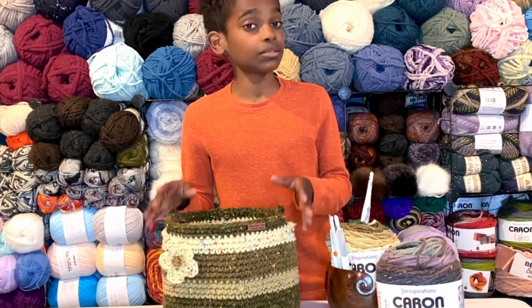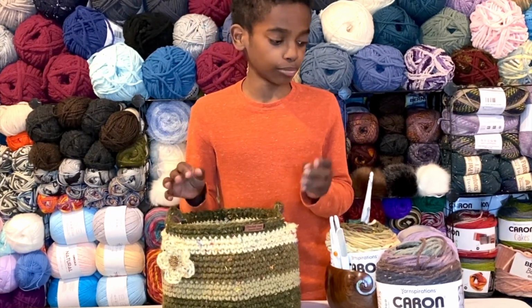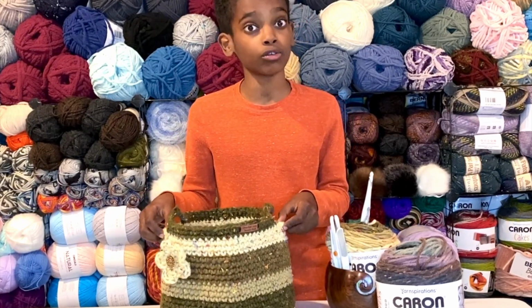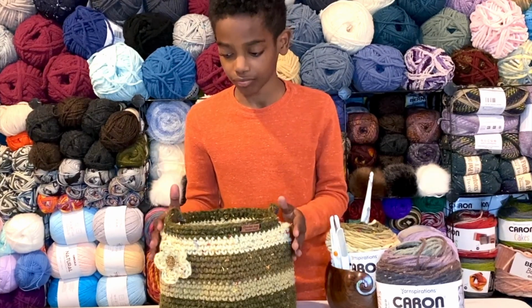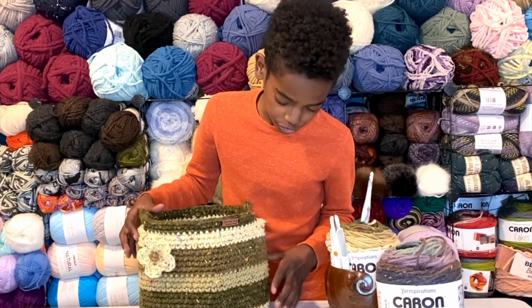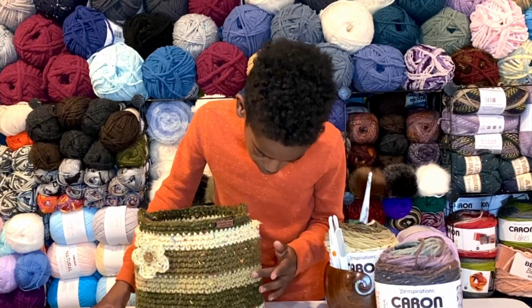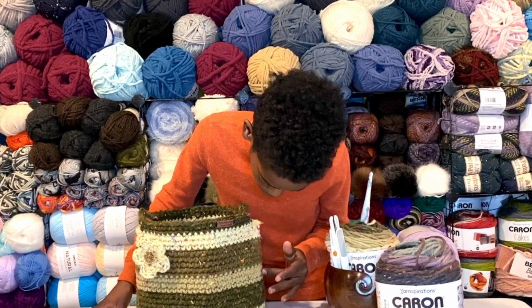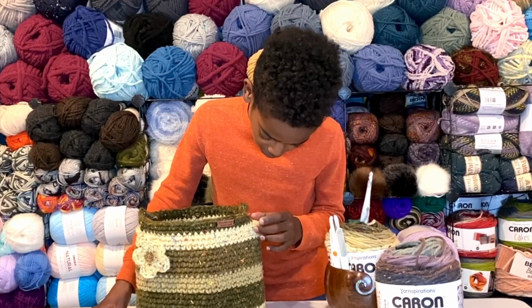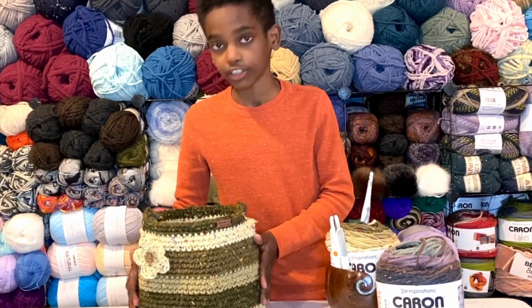basket. And some of my favorite aspects about the basket is how well it stands up because I'm using a bulky yarn and a medium-sized hook with single crochet, and single crochet is very dense, so it stands up very nicely. Another one of my favorite aspects is the self-striping effect. Like here it goes from cream to forest to more of a tan color to a very light brown. And then you have more of this forest color up here, all speckled throughout, and I just love how it